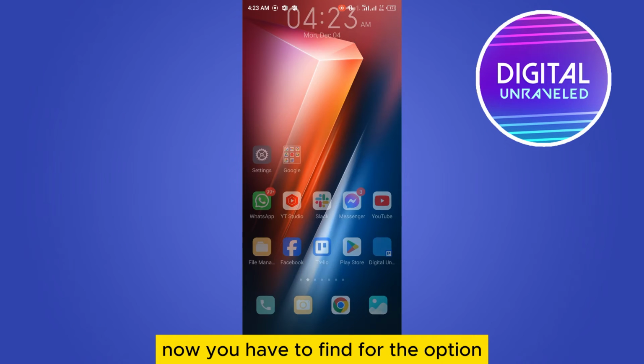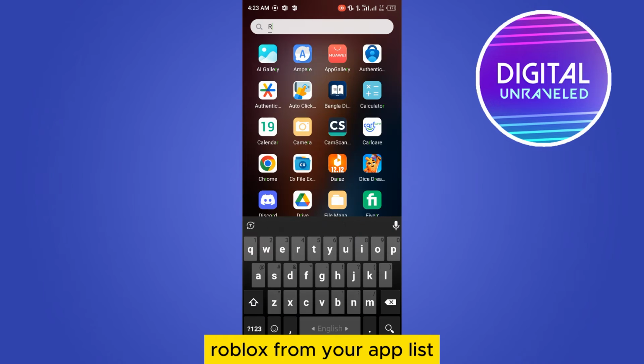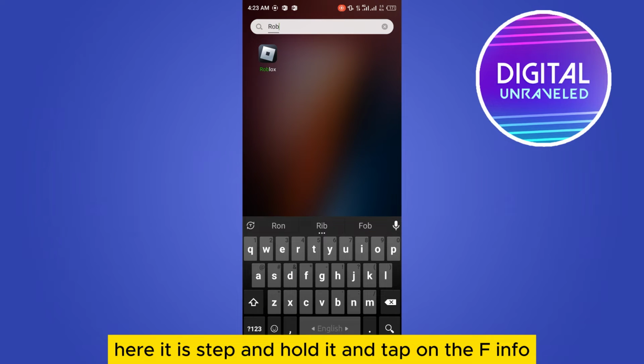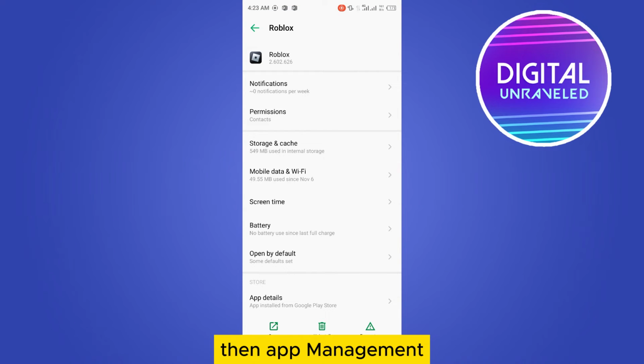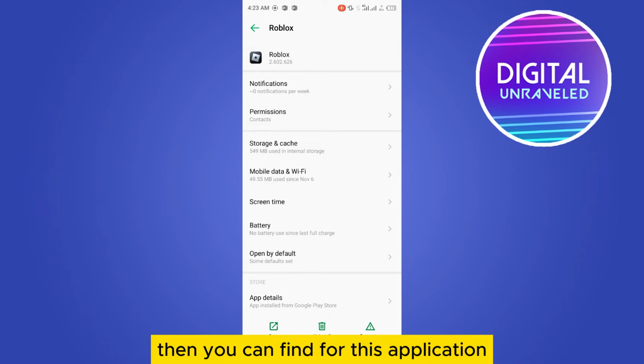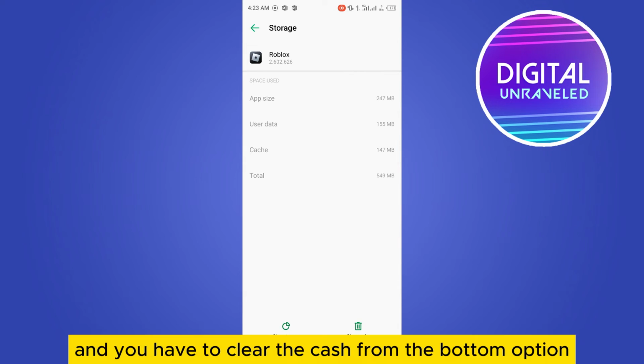Now you have to find the option Roblox from your app list. Here it is. Tap and hold it and tap on app info, or you can directly go to the settings option, phone settings, then app management, app settings. Then you can find this application, then go to the storage and cache, and you have to clear the